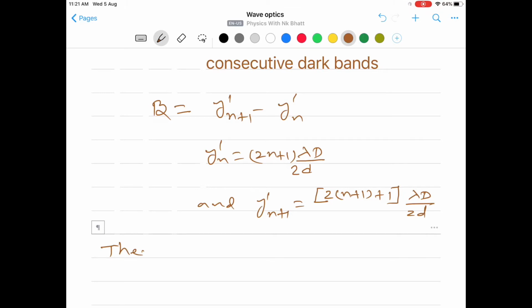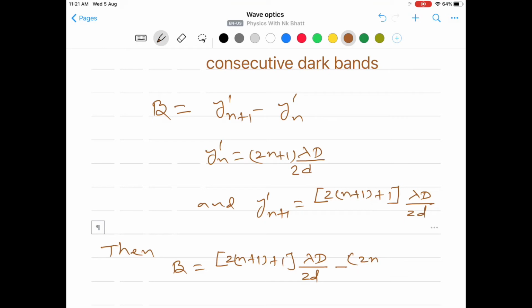Then beta is equal to (2n plus 1) lambda D upon 2d